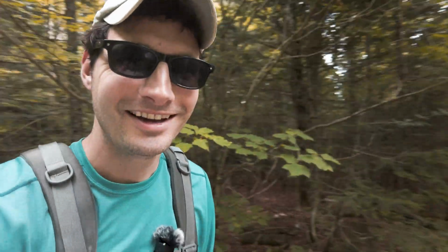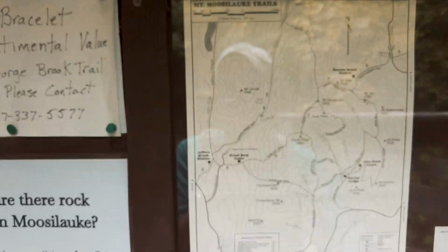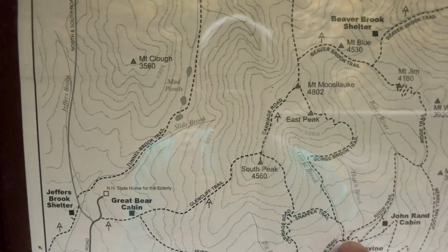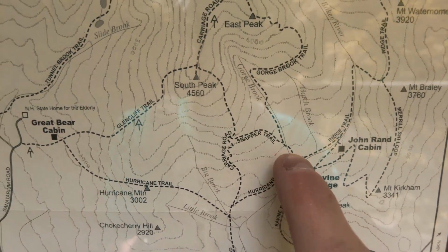All right, so it's been a while since I've last recorded a video, but today we're tackling Mount Moosilauke, which is an awesome trail in the area of the White Mountains. If you look at this map here, we're looking at a map of the trail. We're starting off here at the Ravine Lodge, which you can see right here, and can go up here on